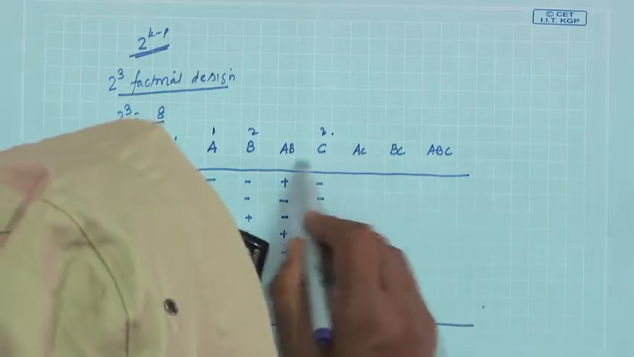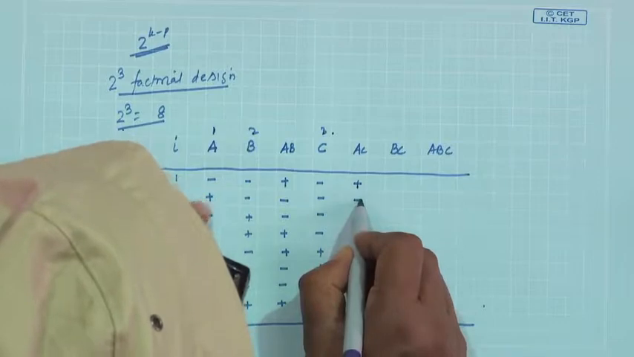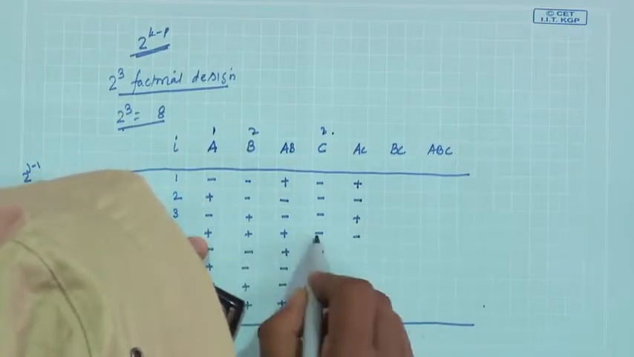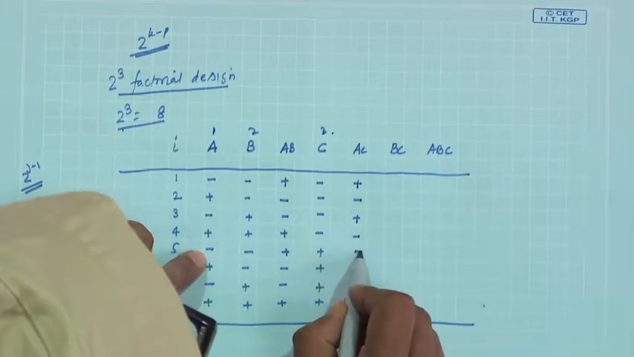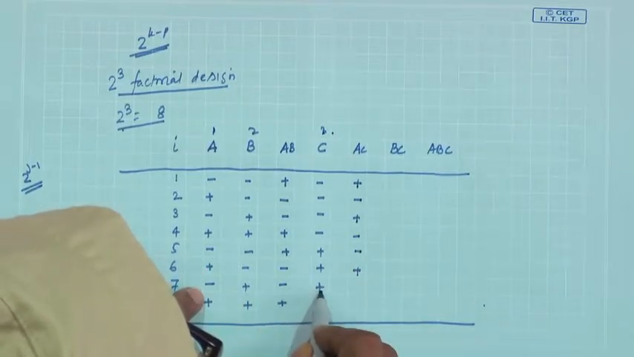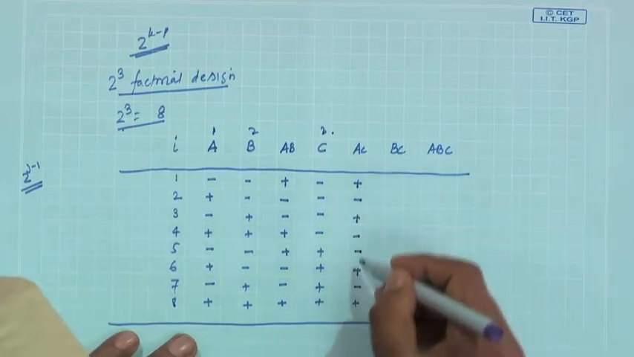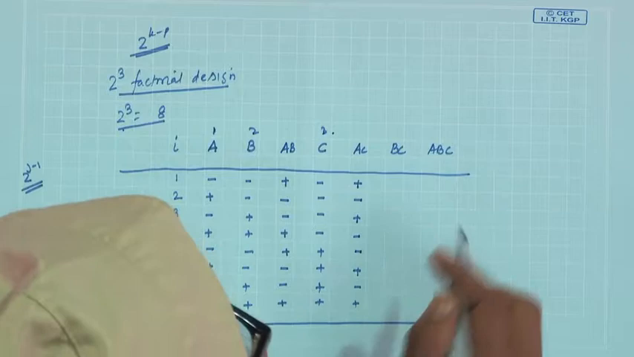Then what happens with AC? If you multiply A and C, this is plus, this is minus, this is plus, this is minus, and then this one will be minus, this will be plus, this will be minus, plus, minus, plus, plus, plus. So, 1, 2, 3, 4, 4 plus and 4 minus will be there. So, like this, what will be the